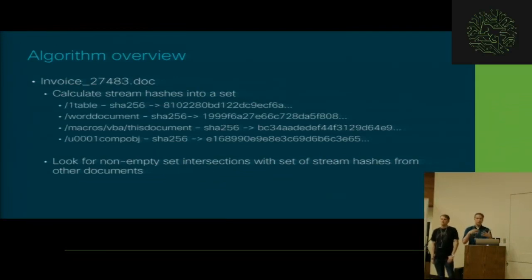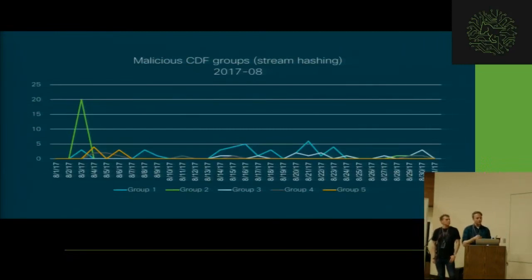They might be re-obfuscating the macro that's inside, but some of these other supporting streams are remaining the same. So that's how we're able to match them up. The results of this were, again, we get a number of groups, but interestingly, some of the spikes were accounted for. The early spike we saw in the data actually flowed into group 2, the second largest group. And you can see that it came up here. There's a little bit at the end.